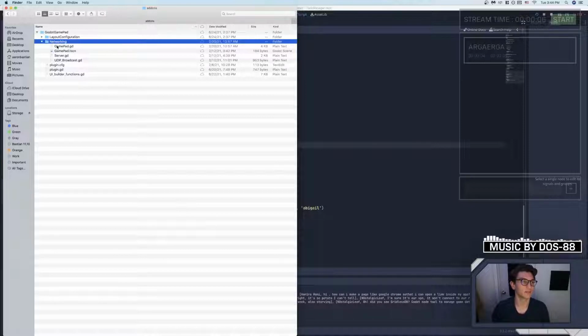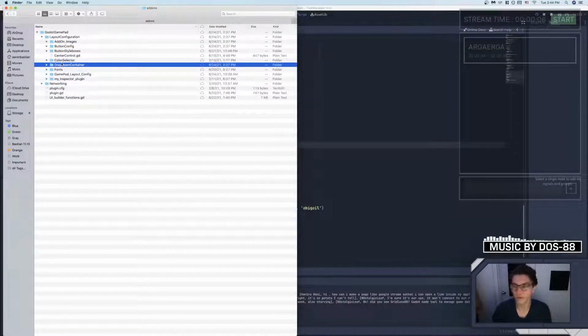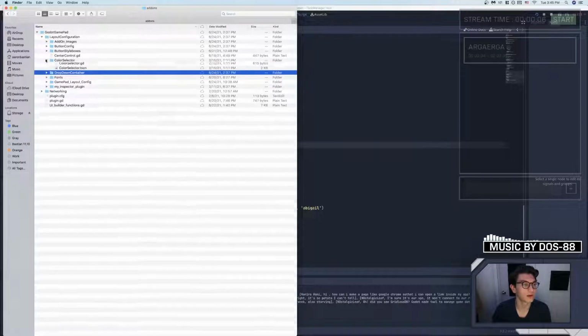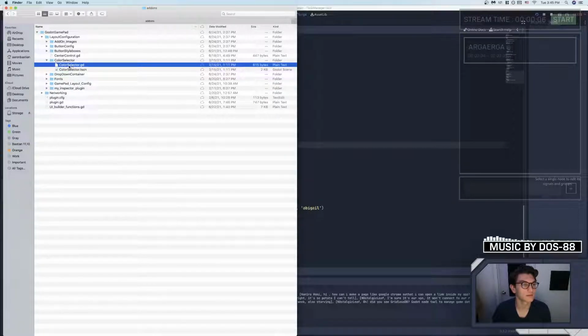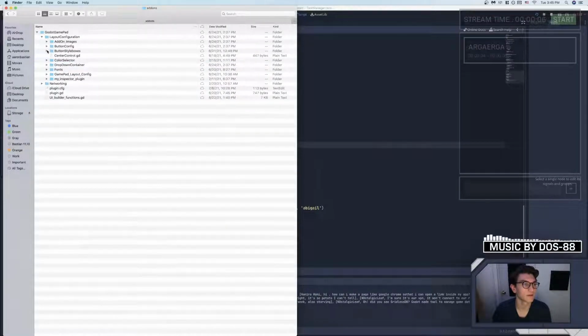Okay, networking. Nope. Layout configuration. So right now what I'm doing, for everyone who's totally lost, is I'm looking for where I already made a successful file dialog browser. Drop down container, gamepad layout config. No. Button config, style boxes, center control, color selector. Button style boxes, button config, and on images,